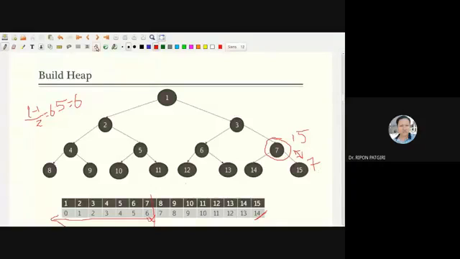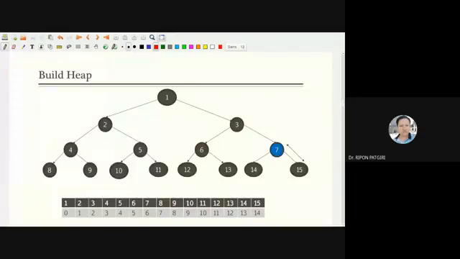Here we have animated this: we select the largest among these 3, and we selected 15 as the largest, and we are going to swap. So let's see, we have exchanged 15 and 7.